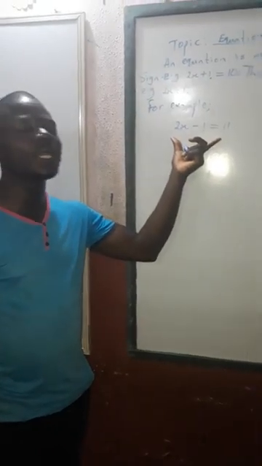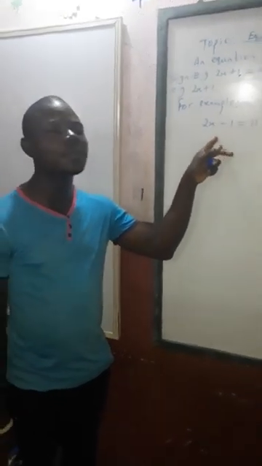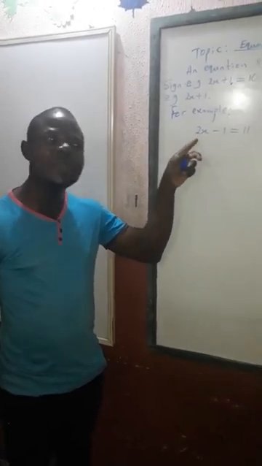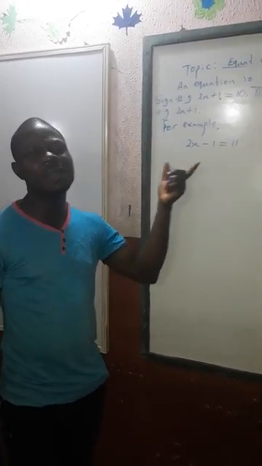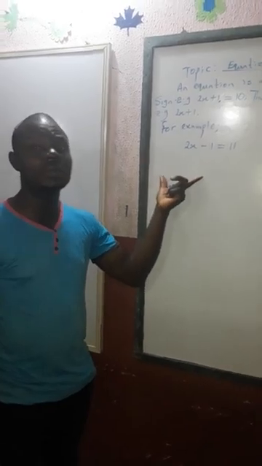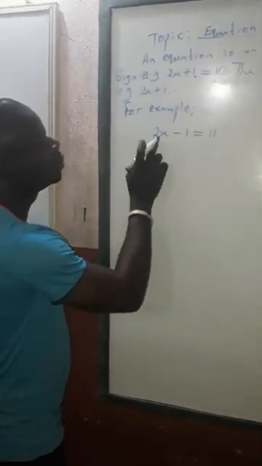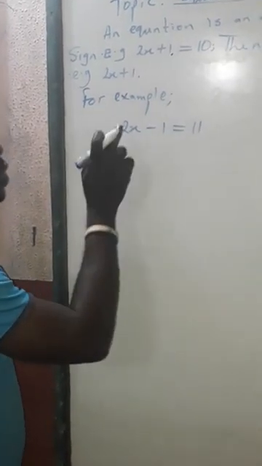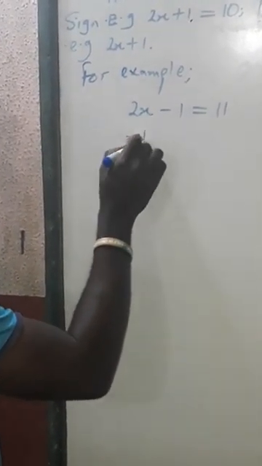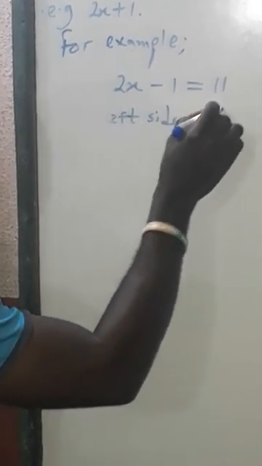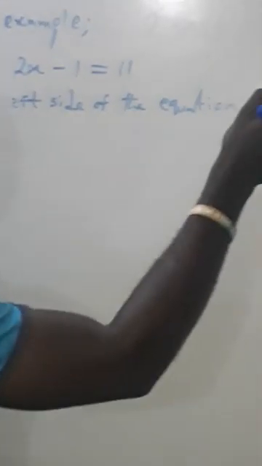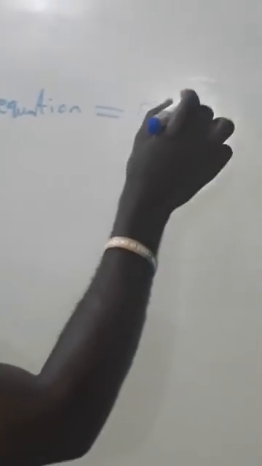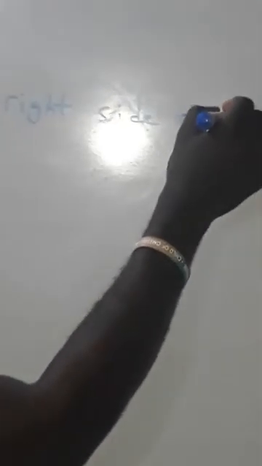This is a statement. In fact, in an English expression, this is a statement. Meaning, there is a particular number that is missing here, that when you subtract it from that number, you have 11. How can it be possible? How can it be done? It can be done. How? Let's check. Now, 2 times x minus 1 is equal to 11. Now, let's call this the left side of the equation